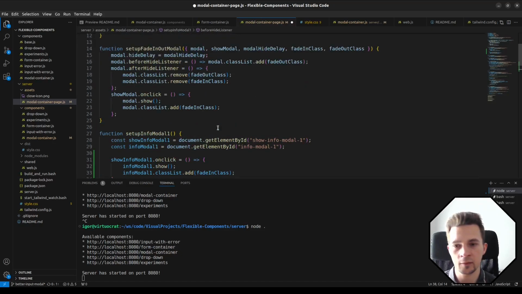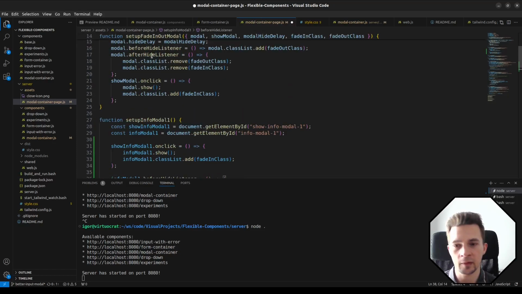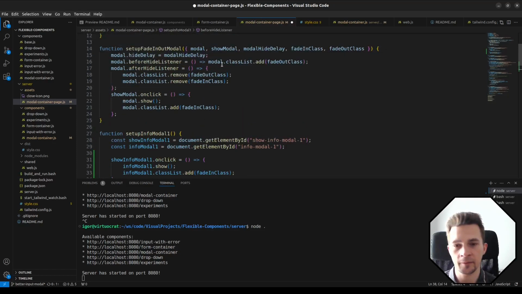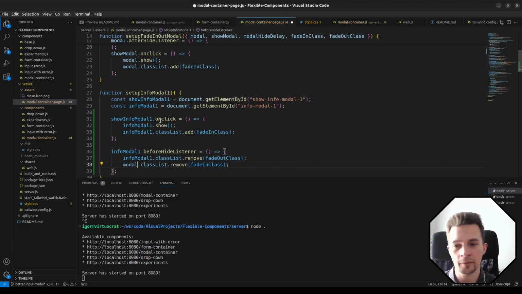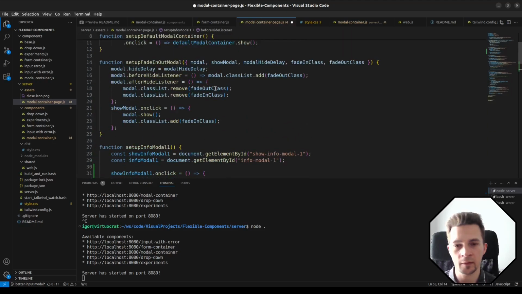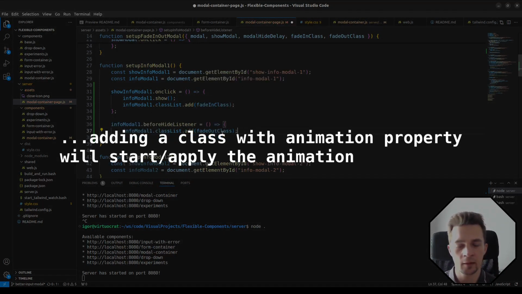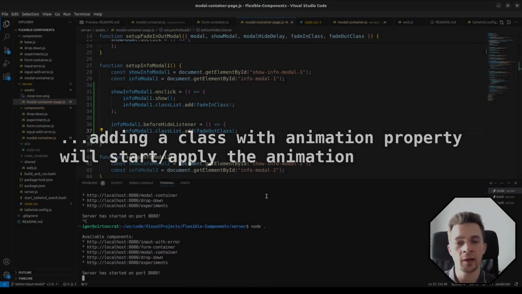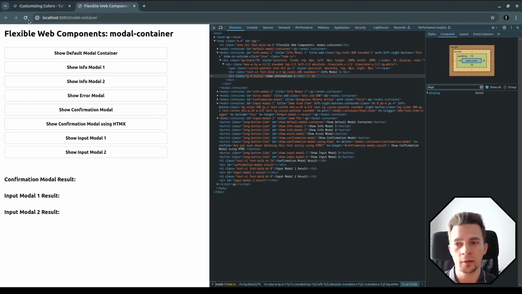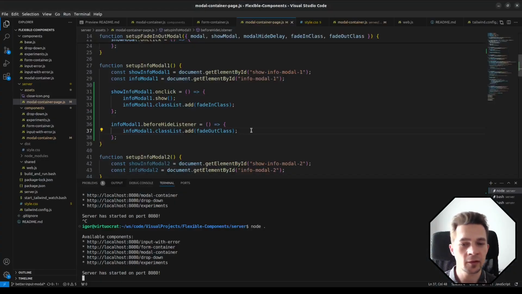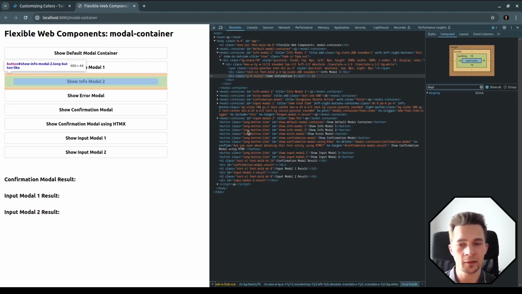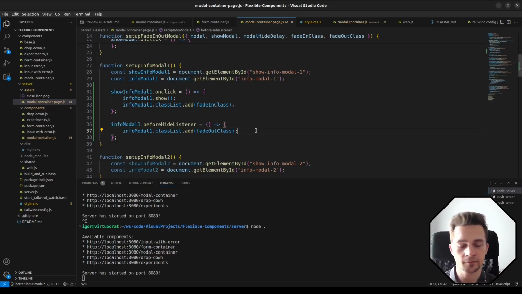Is it true? No, because before hide, yeah, I made a mistake. Before hide, we need to add the fade out class, and then we have fade out. Actually, we will not have it, because the hiding is changing display from block to none, and that's why we don't see